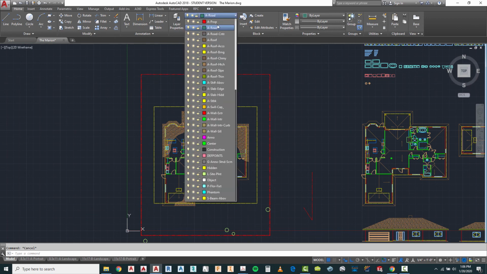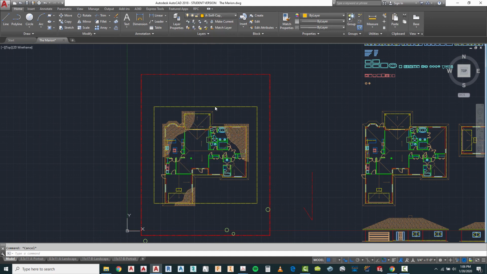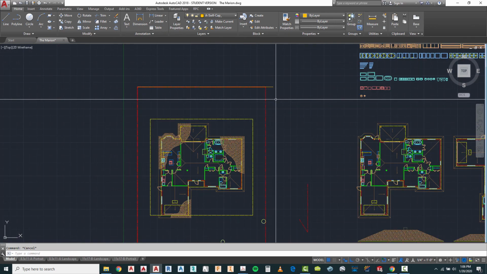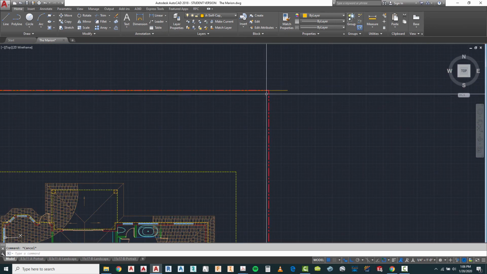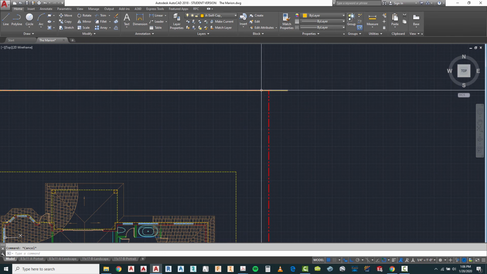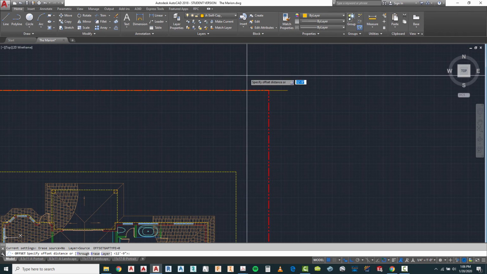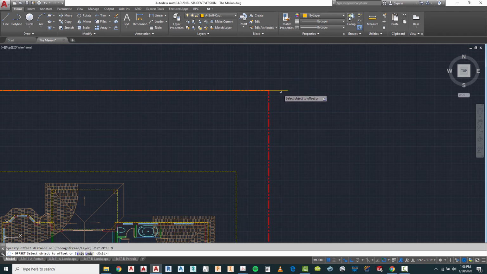So I'm going to go ahead and go to my seawall. Let's see what we have. Cap located in there. Go ahead and draw a line from here to here. And I said it was going to be 1 foot 6 inches, and I'm going to have it straddle my rear property line. So it's going to be 9 inches up and 9 inches down. So I'm going to go ahead and offset 9 inches